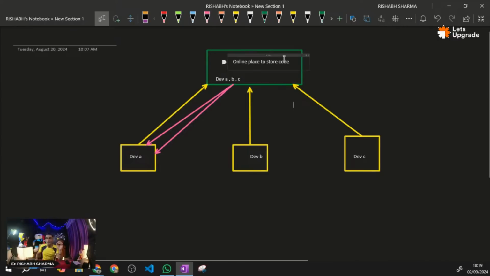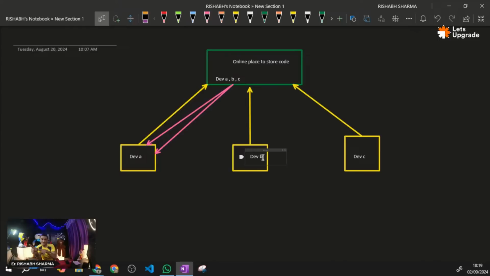Now, when it comes to developer B, developer B has its own code. Developer B will take the code of developer A and developer C from this online portal.